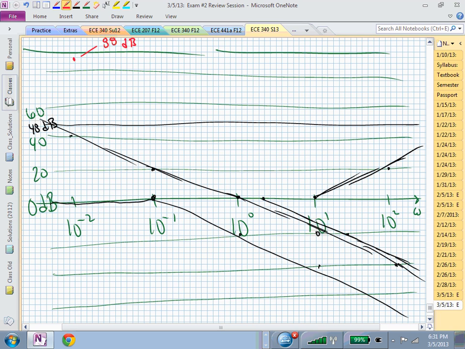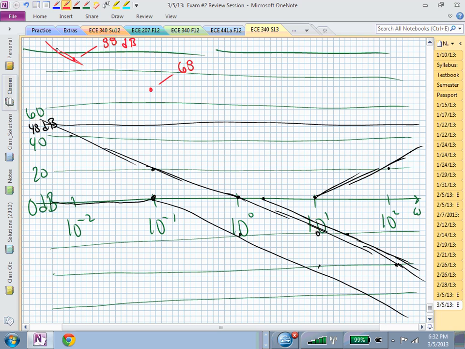And nothing has happened to change my slope until 0.1. So I'm going down how fast? From 88, how fast am I going down? 20 dB per decade. So I should be at 68 dB by the time I hit 0.1. Is that clear? So now I could draw another line here, or another dot here at 68, and say I'm